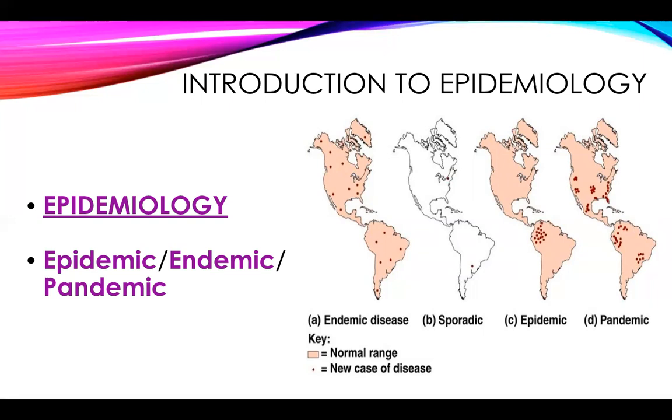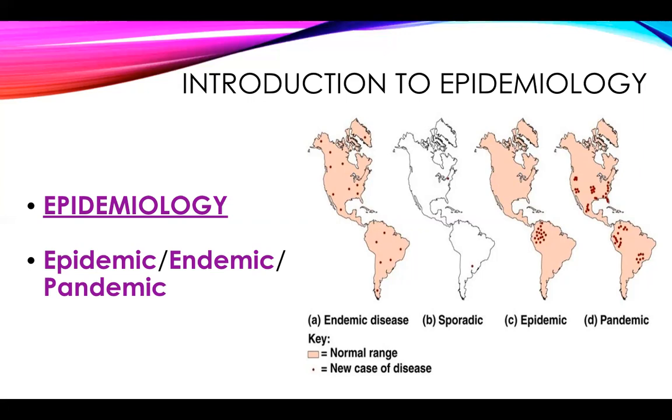Chart A is endemic disease. Endemic diseases are diseases that are normal for a given region. There are some regions where a certain amount of a given disease is just normal for that area. For instance, there are parts of the world where malaria is just much more likely, and a certain number of cases of malaria per year, I don't want to say is not cause for concern, but once again, let me just emphasize, it is normal, right?